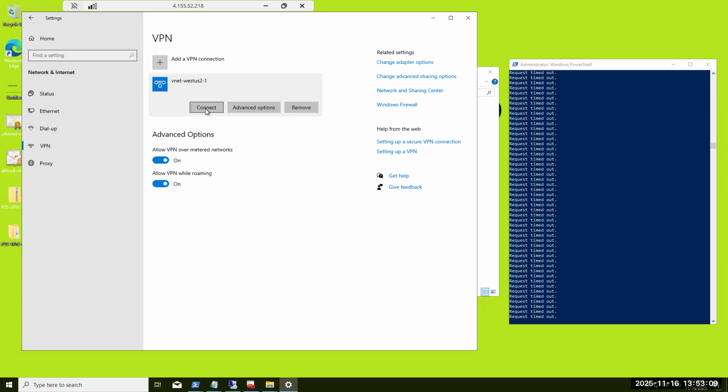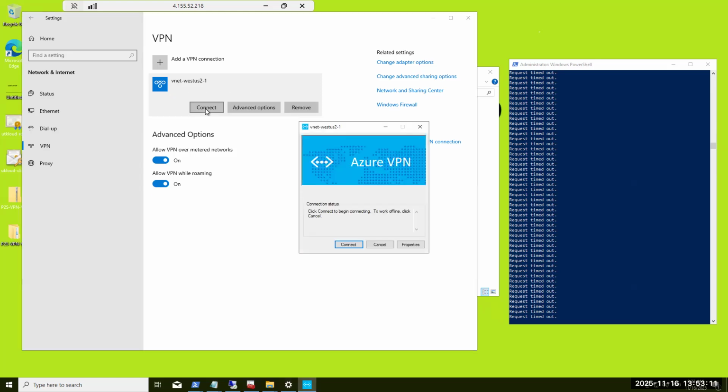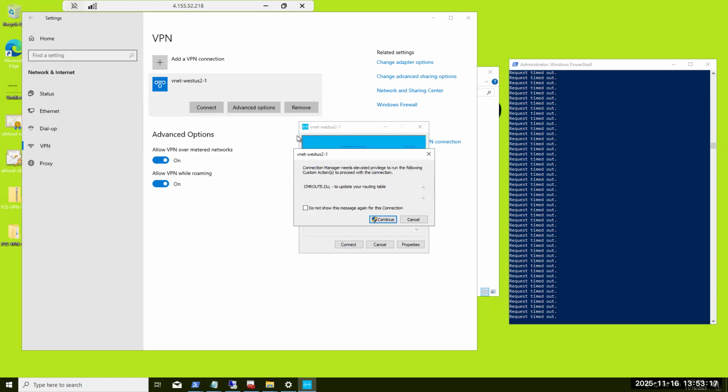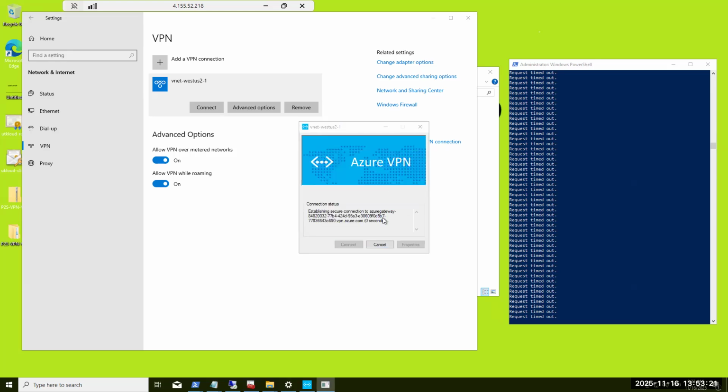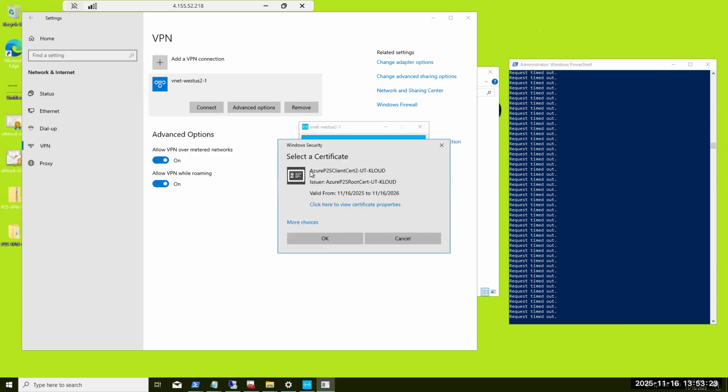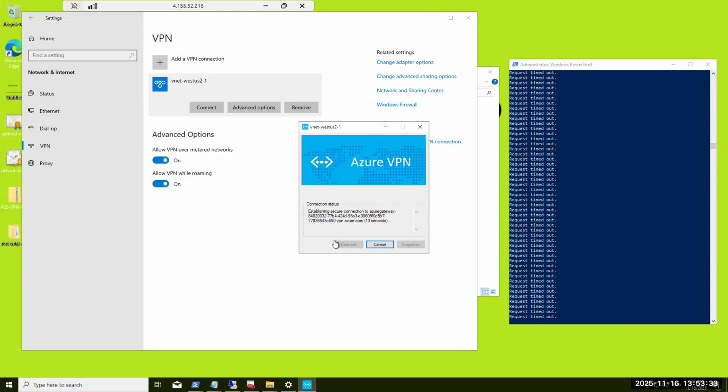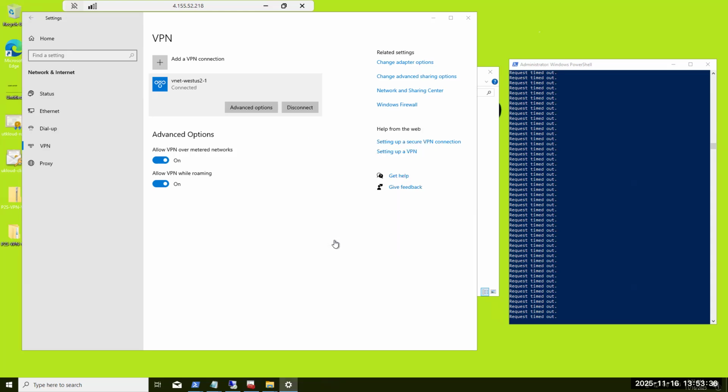Now, if I click on connect, see Azure VPN. Similarly, you have Cisco VPN. Click on connect. I didn't have to configure anything because, can you see, without this certificate, even if I give you the VPN client and you click on connect, unless you have this certificate,